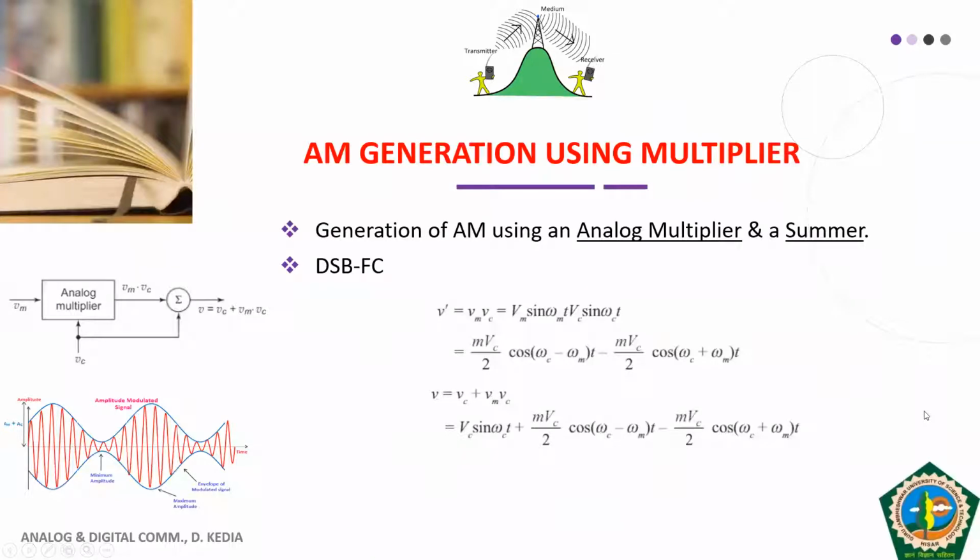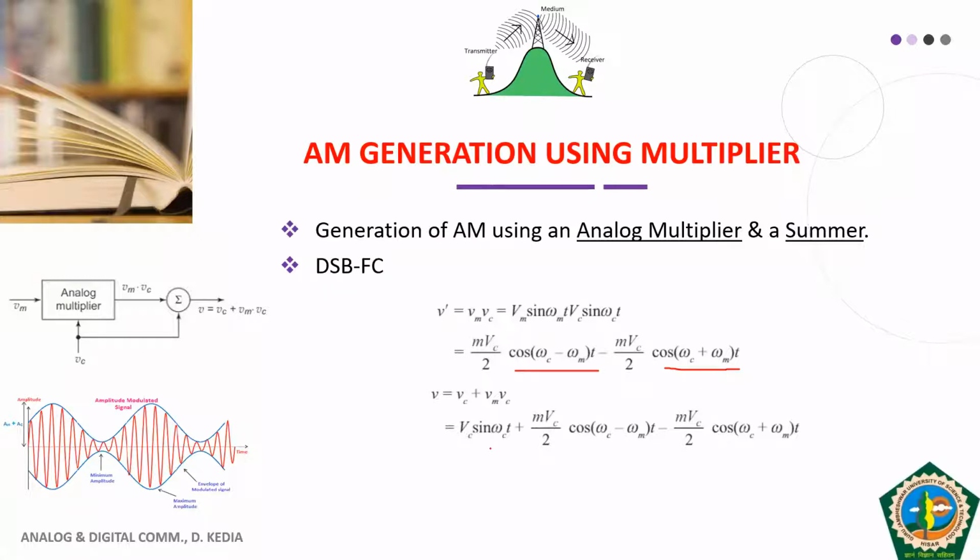So this is what we had seen in the last class. I told you that the biggest advantage of AM signal is the simplicity with which we can generate it. And I told you that by simple multiplication of two signals, we can generate AM. And we know which are those two signals. One is the modulating signal and another is the carrier signal. If we multiply them together, we get the two sidebands. So you can see here, this is your lower sideband, this is your upper sideband.